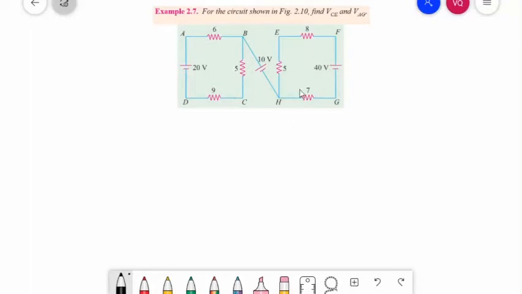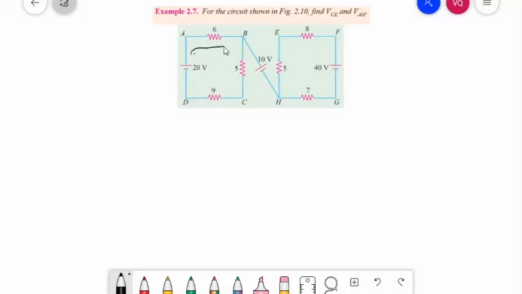Given this circuit, as you can see, the circuit is already labeled A, B, C, D, E, F, G, H. What is missing is the direction of current. Since the current goes from negative to positive,